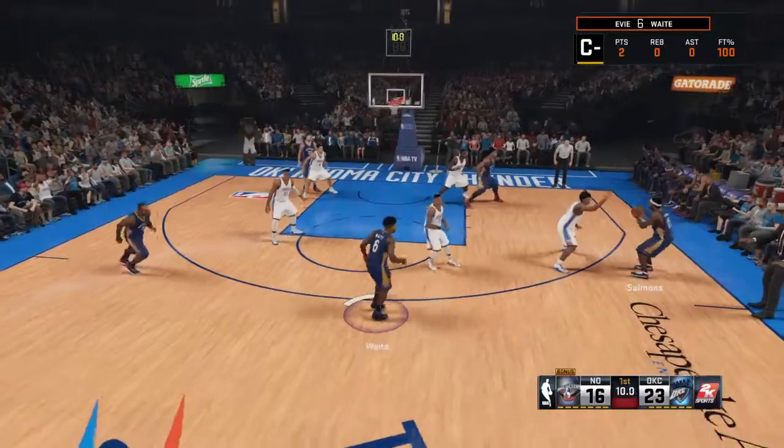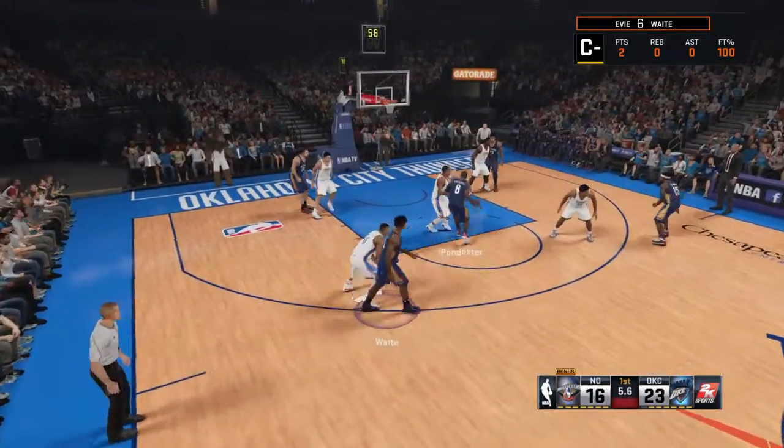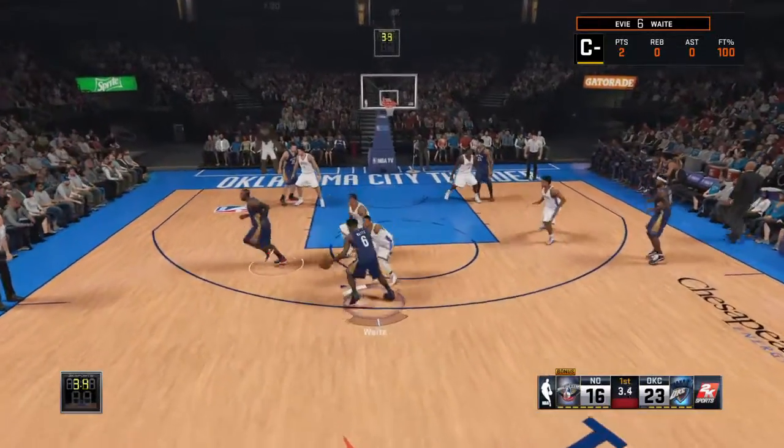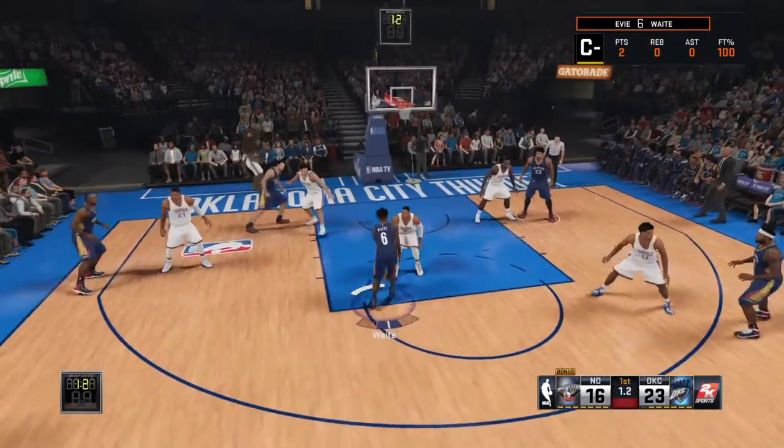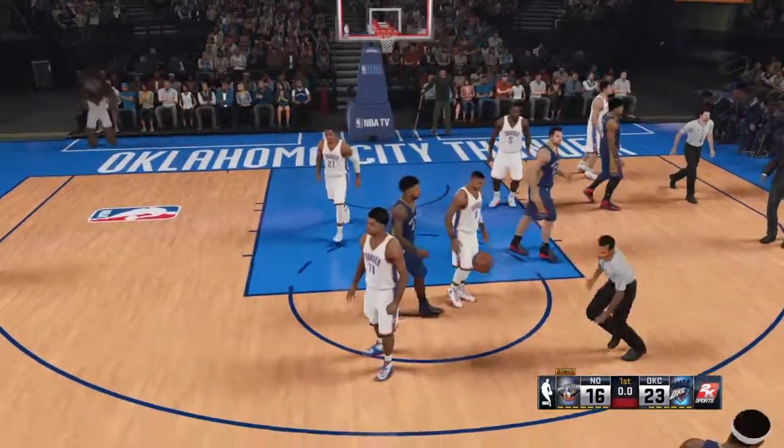He feeds it to Salmons. Pass to Pondexter. Here's Money. Gets it off. Oh, we've seen some great shots in the first quarter. No shortage of...